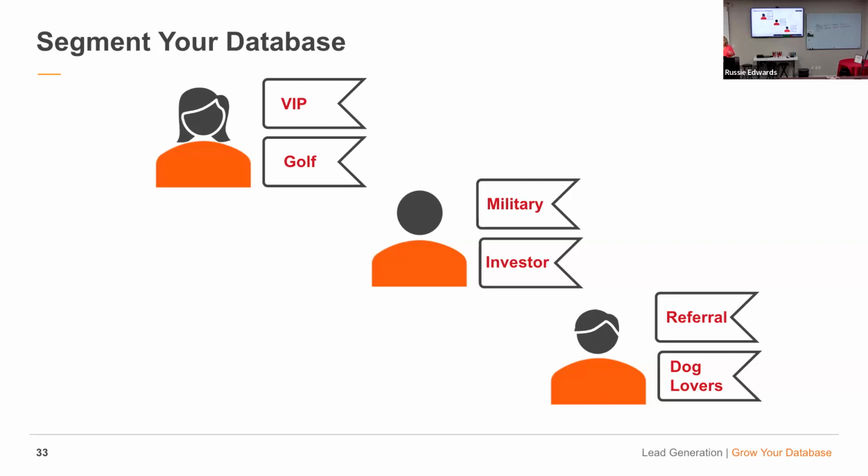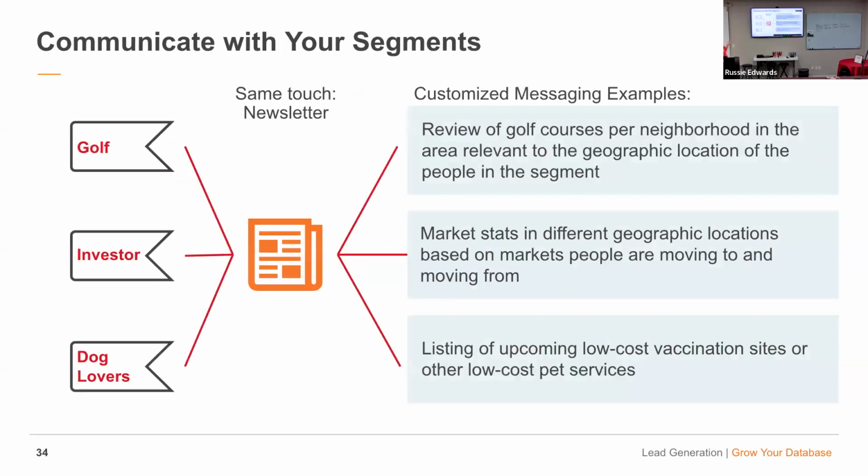I'm confident enough, I have a strong enough relationship with them, that at some point I will do business with them or they will refer. This is where those tags can change, right? Because if I have somebody classified as C and now all of a sudden they've given me business, they now become an A client. So you're communicating with them. You can do the same newsletter to everybody, but then you're going to have customized messages, right?